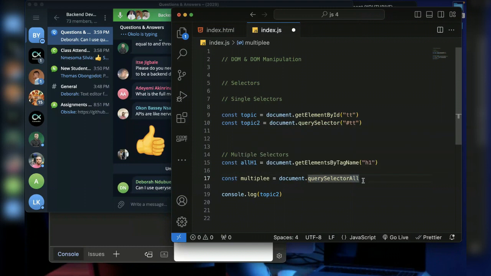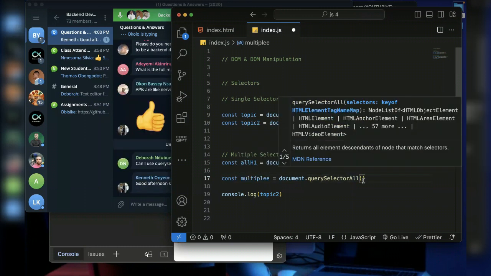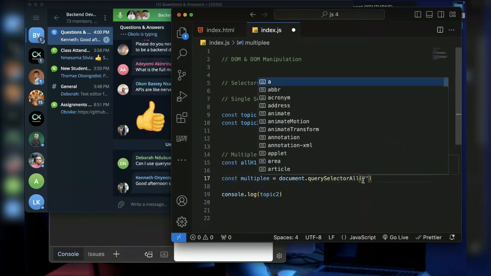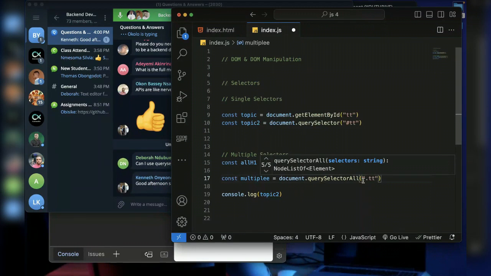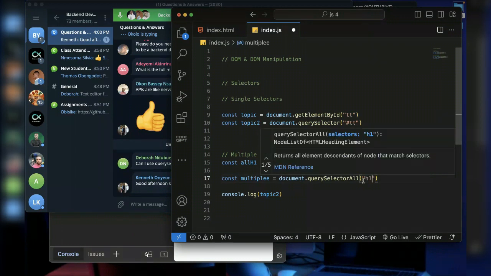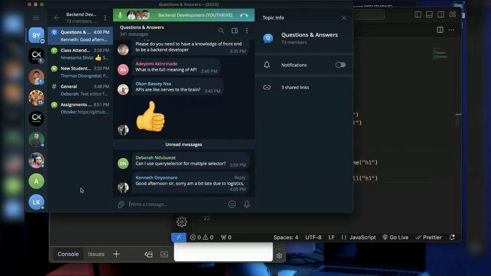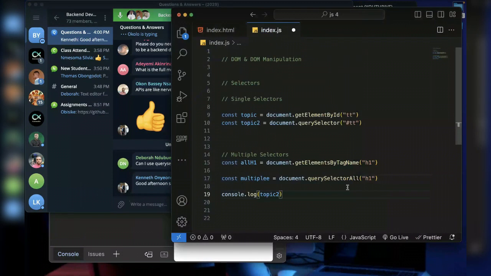And this way, you can say, I want to select all of the ones that have the class name TT, or all of the ones that have the hash name TT, or all of the H1 tags. Okay. So this is how you select with query selector all.